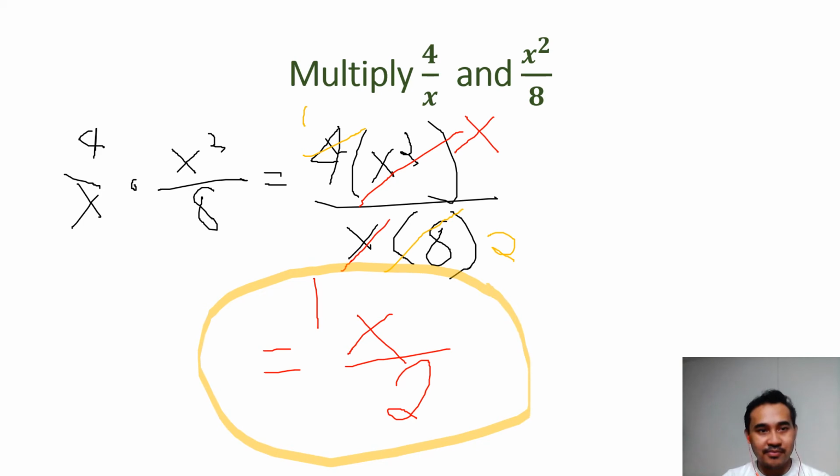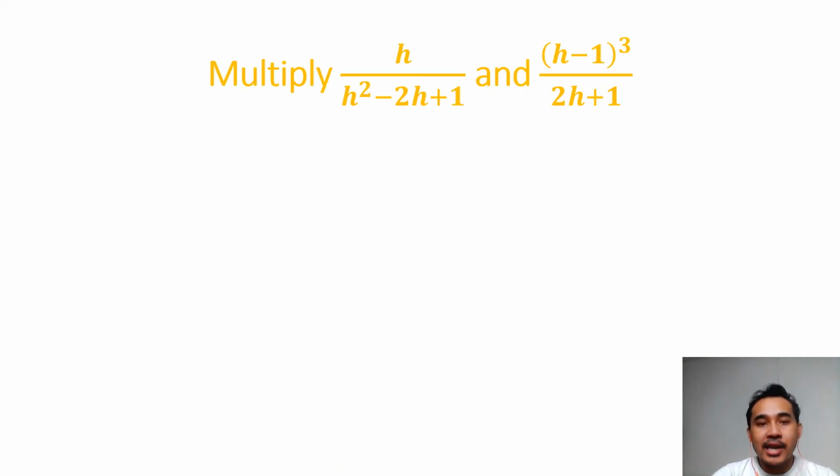Okay, let's have this one. Multiply h over h squared minus 2h plus 1 and the cube of h minus 1 over 2h plus 1. Now, in this case, factoring would be a skill that is needed. So let me get my pen and answer this one. So you have h